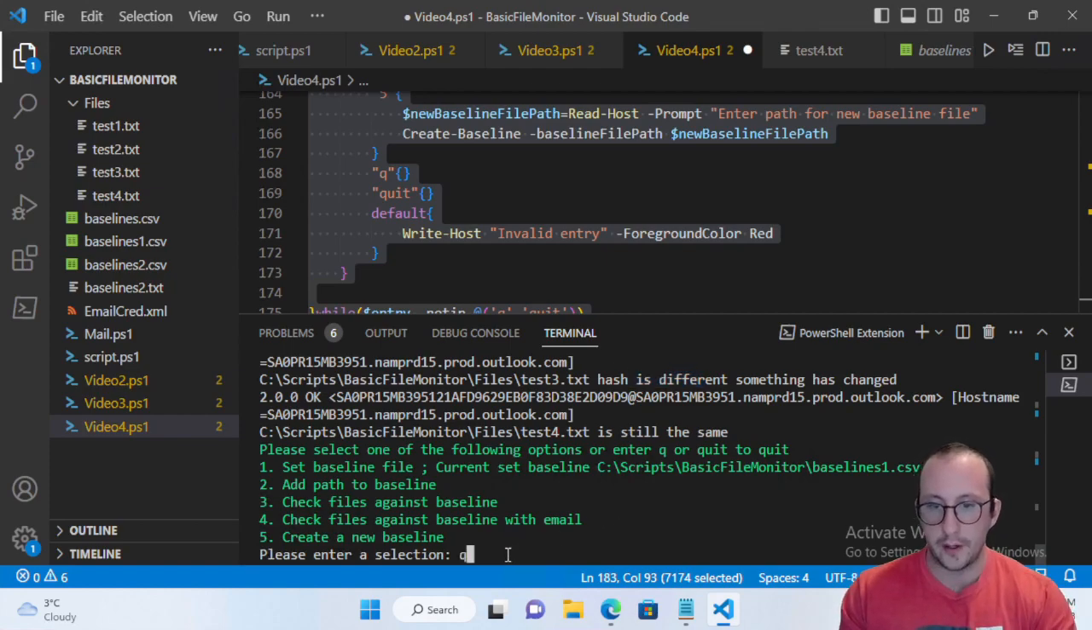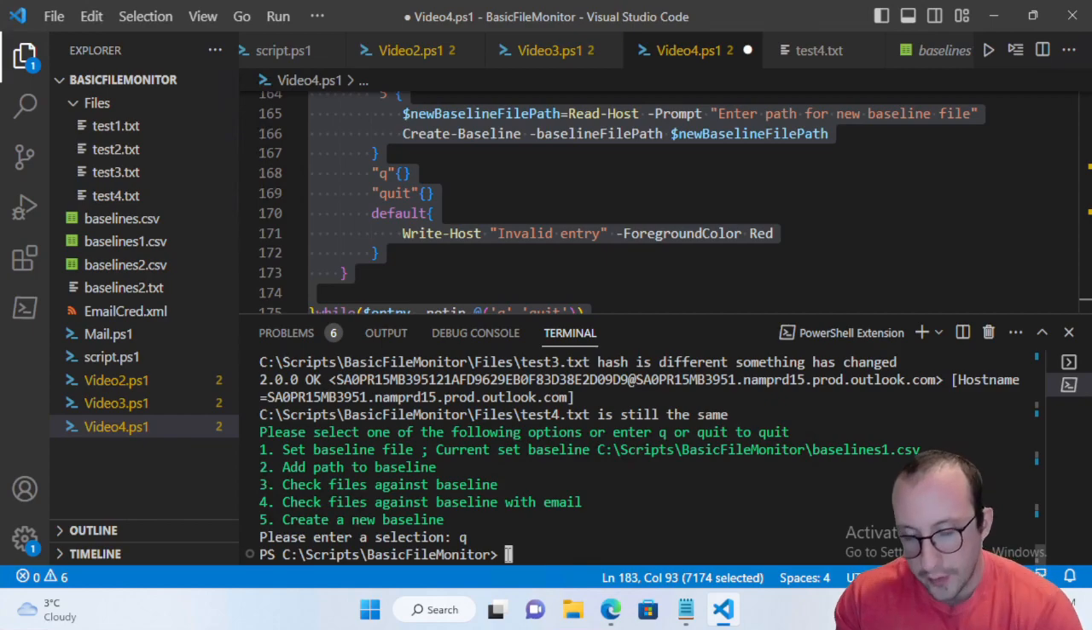Let's go ahead and we could just quit out of the application. So that is really the basic file monitor. Now, of course, like I said, there are a bunch more things that you can add. If you guys would like to see me add more to this console version, please let me know in the comment section down below. But in the next couple videos, we are actually going to be building a full GUI,